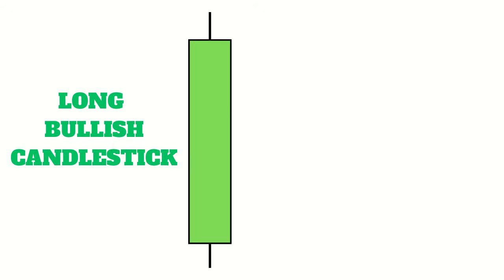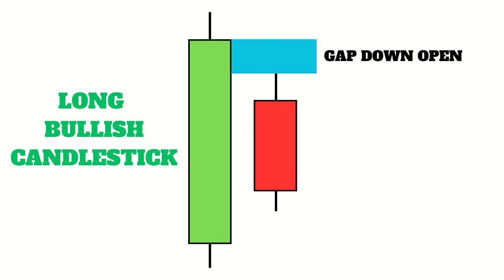The first candle in the bearish harami candlestick pattern should be a long bullish candlestick. After this, the second candle should open at a price equal to the close price of the first candle, or open with a gap down, or you could say it should open with a significant decline, and it should trade only within the range of the first candle. When this candle closes, it should close at a price equal to or above the open price of the first candle. In simple words, the second candle should be within the body of the first candle.